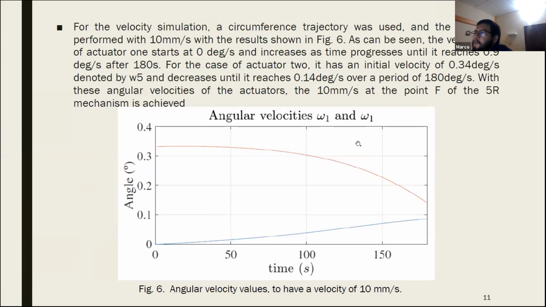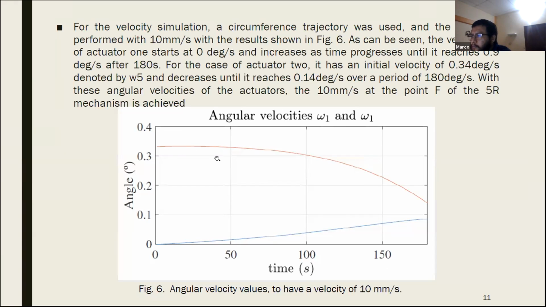For the velocity simulation, a circumference trajectory was used and the test was performed with 10 millimeters per second, with the results in figure 6. The velocity omega 2 can be seen starting at 0.4 seconds and increasing as time progresses, reaching a peak per second after